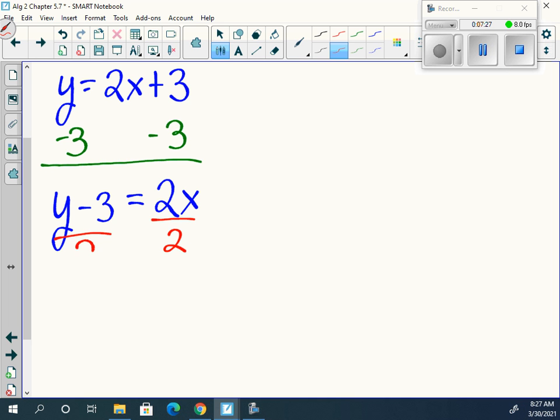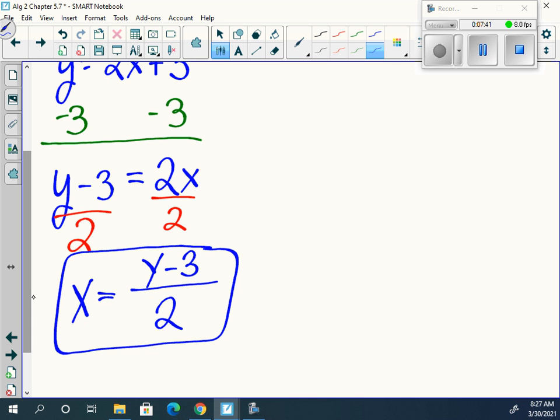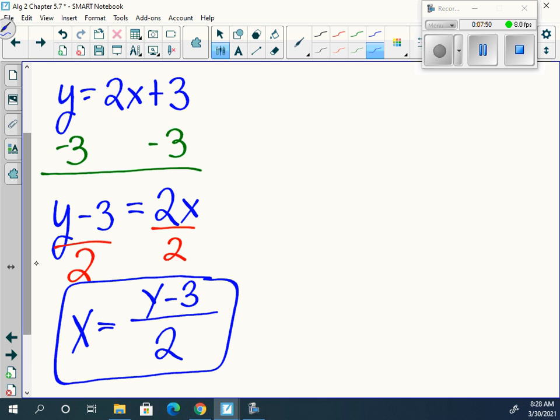Divide both sides by 2. And we get x is equal to y minus 3 over 2. And that's it. Any questions on this here? We're good with this here? So we get this here,